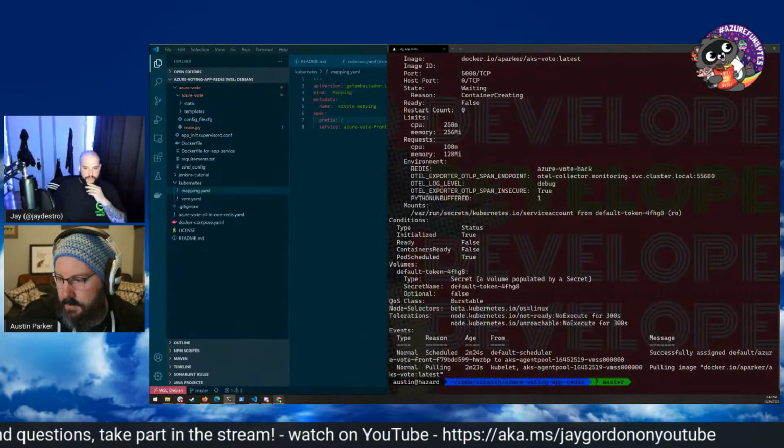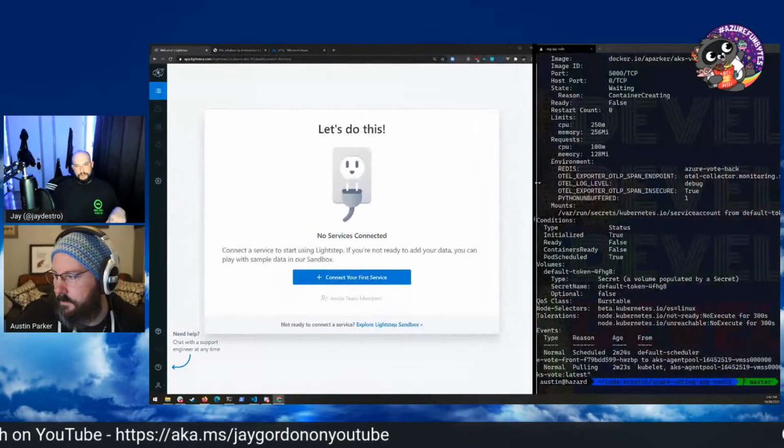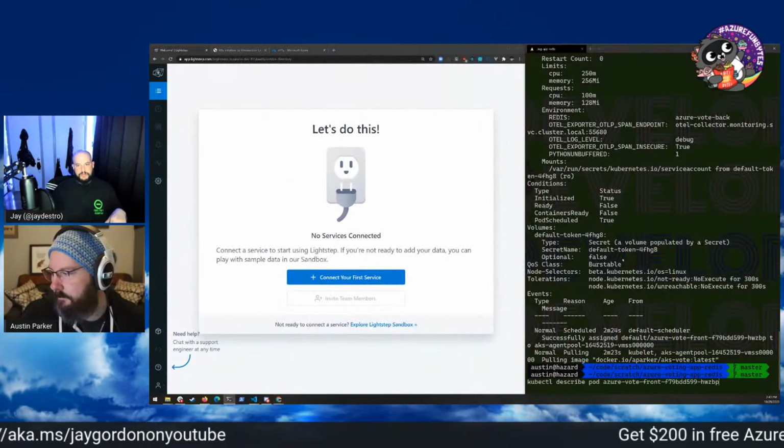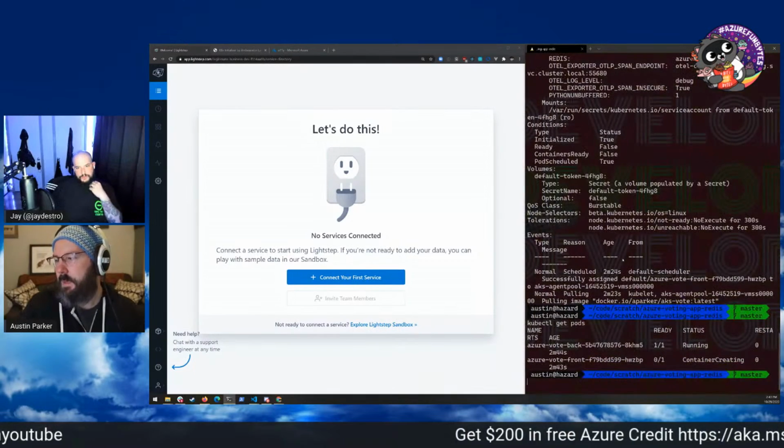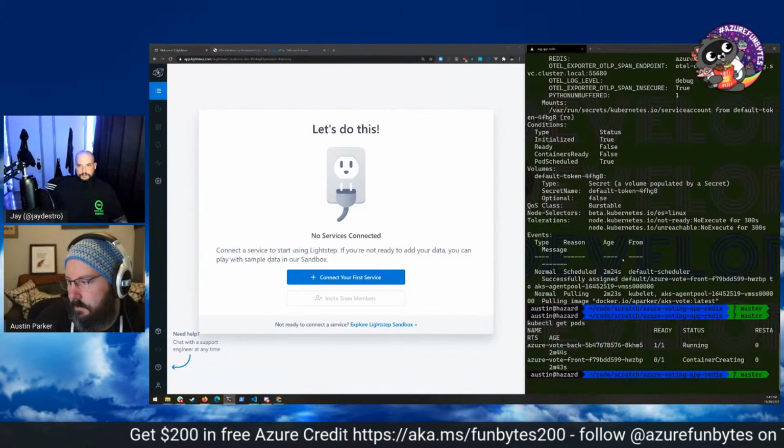So it's doing a Docker pull. Yeah. So it's basically grabbing from Docker Hub the image that you want to eventually load for the voting app. Gotcha. So just taking it a